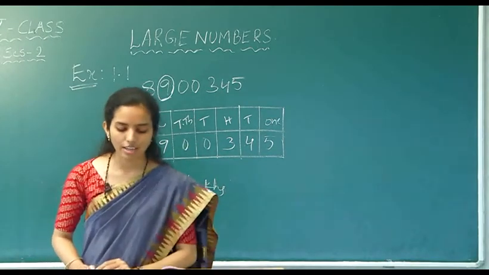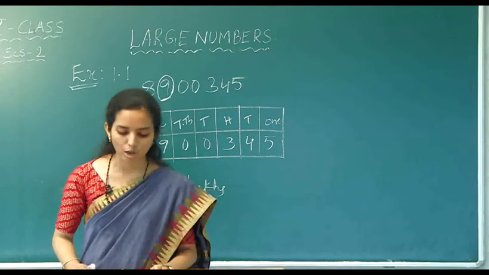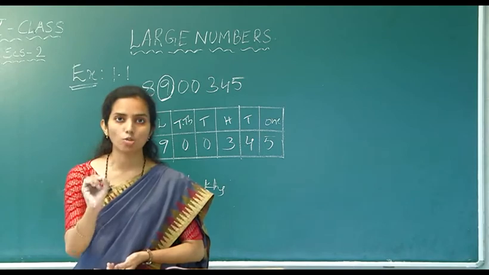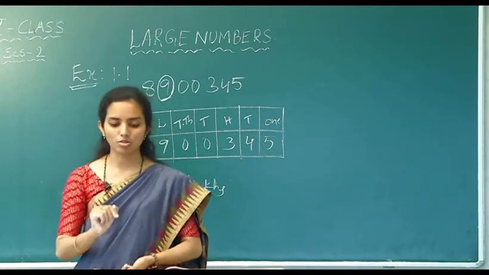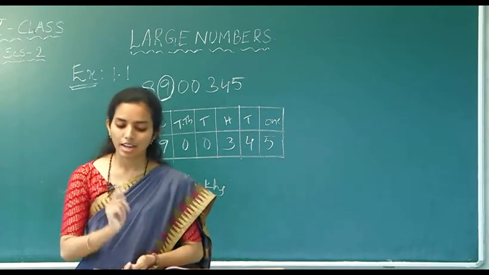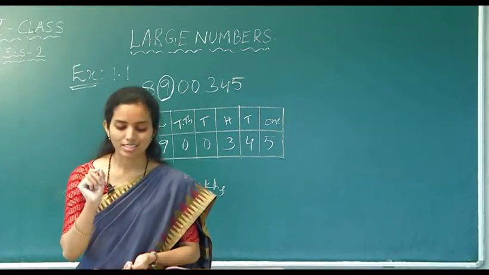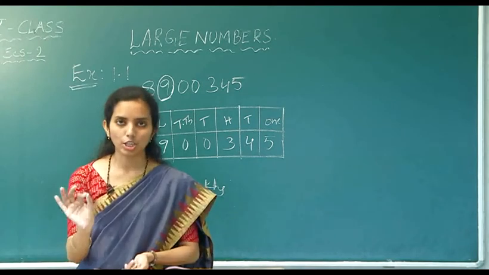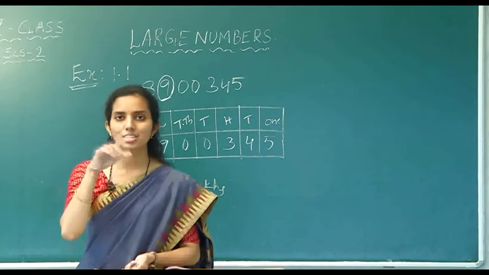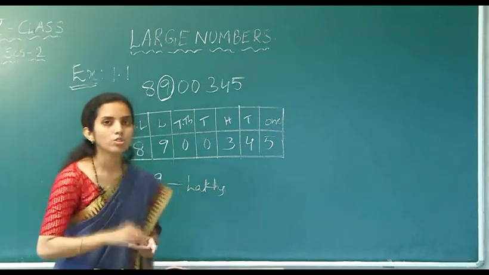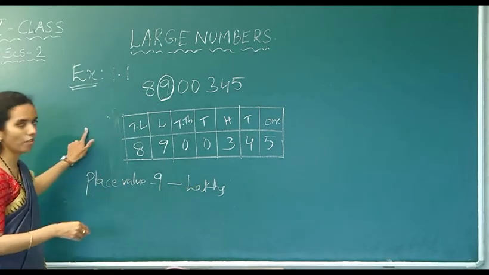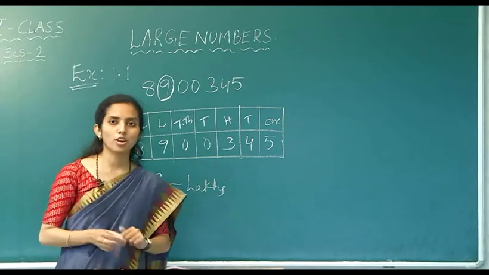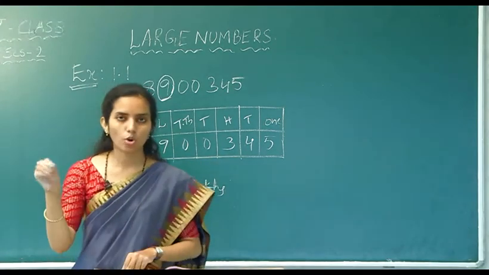And next he is asking 87 lakhs 93,388. He is asking the 3 which is there in thousands place. So, 3 is in thousands place. In the same manner, next number is 2 crores 67 lakhs 23,592. 2 he is asking. 2 is in crores. So, when you write the place value chart, here one more column you have to add, that is crores, and write the number in the place value chart and write the 2 in crores place.